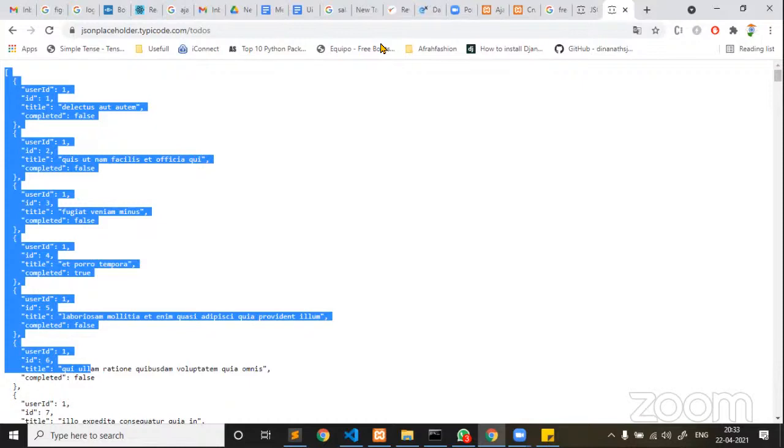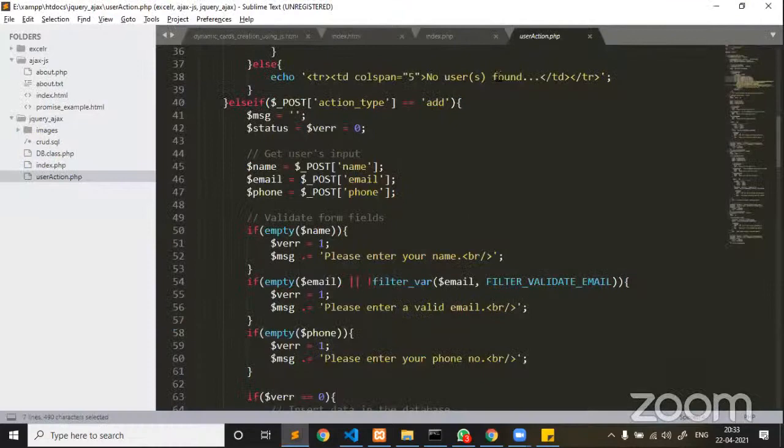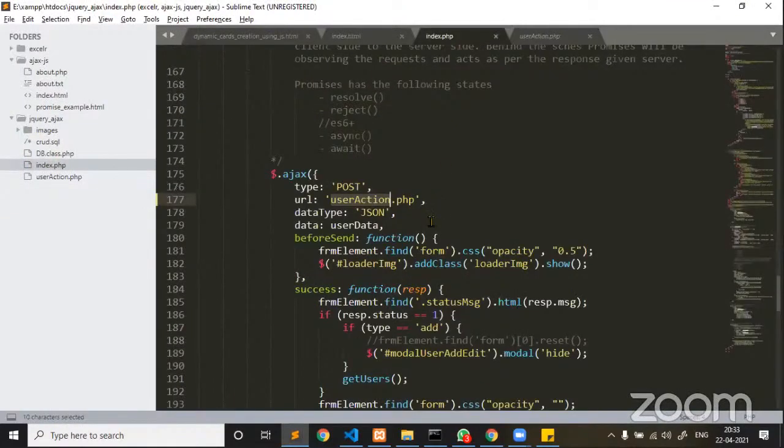I already explained the GET example in JavaScript and the POST example in jQuery. If you see the post method, the type is post in line number 176, Aman Chaudhary. Here I have used a method called post. If you want to change it to get, change the type to get and perform a get request. Or if you want to go for a put request, change the type to put. Or if you want to go for delete, change the type to delete.